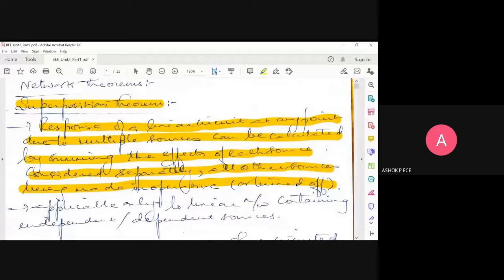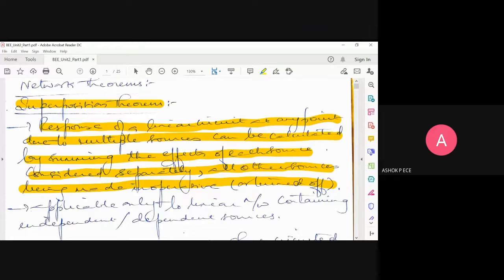Turned off means when you have a voltage source, you will be short circuiting the voltage source. When you have a current source, you will be open circuiting the current source. So in that way, what you achieve is you are considering only one source first, and you are having OC and SC in your circuit. When you have OC and SC, the circuit becomes very simple to deal with. Open circuit means current is going to be zero. Short circuit means full current is going to flow only through that path. So yes, network analysis becomes very, very easy.